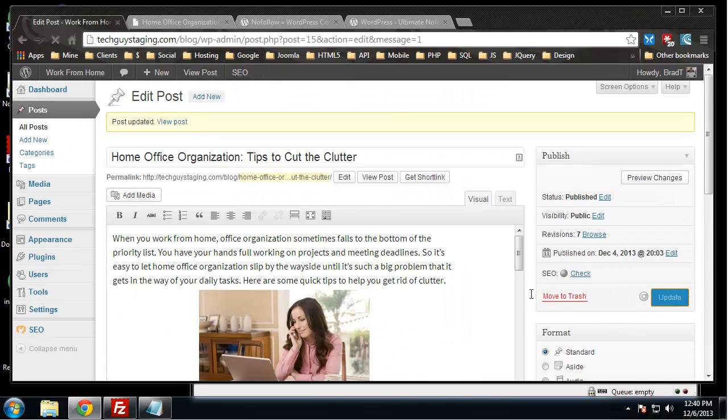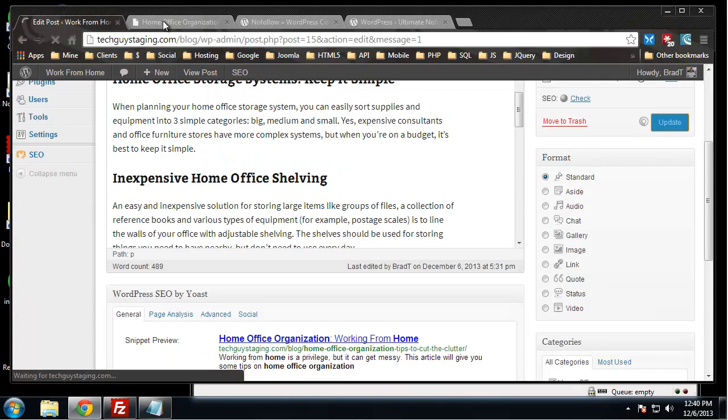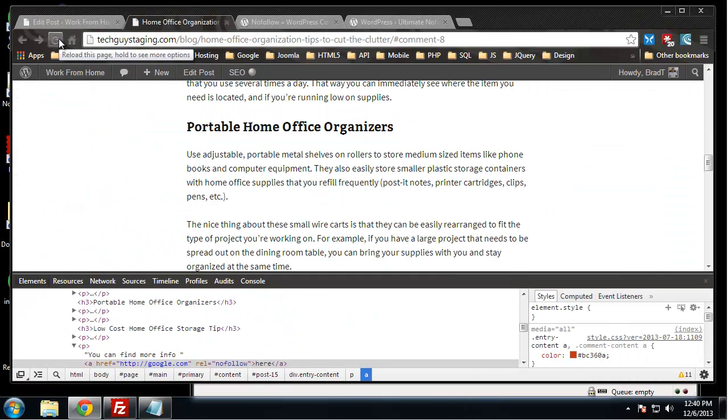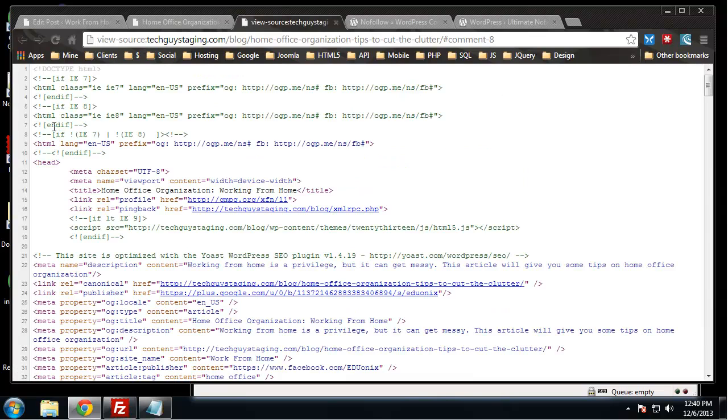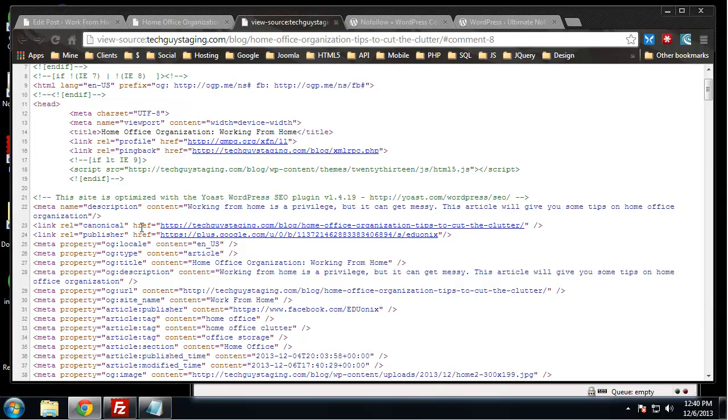Let's just save this article. I want to see if it updates in the front end. So if I reload and I hover over this, we have our title that we created. If we do a Control U and view the source code, we can see our description. Okay,